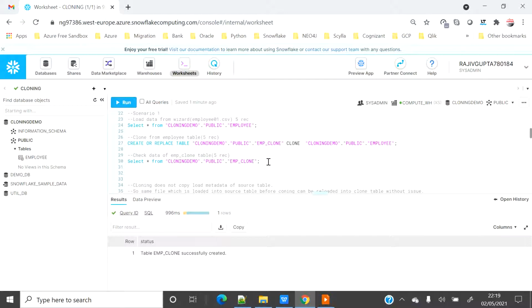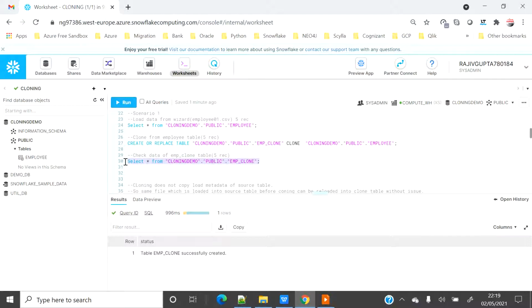Whenever we do a clone, it doesn't copy the content of the source table. Rather, it just copies the metadata of the table and maintains a reference to the storage. That means the clone table always shares the storage of the source table, and it will only create a new partition in case we do any kind of modification on employee clone.